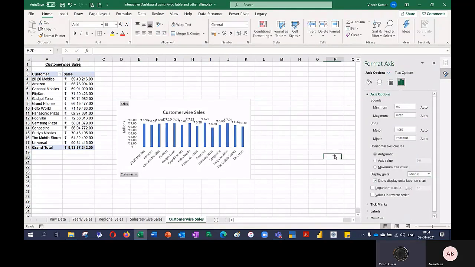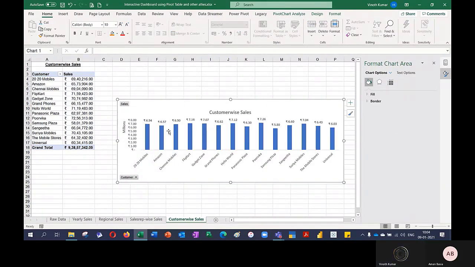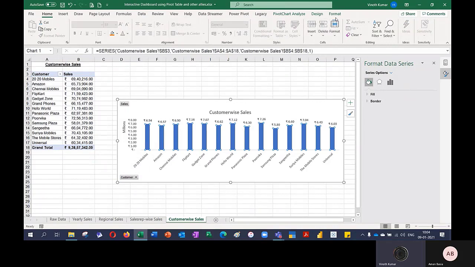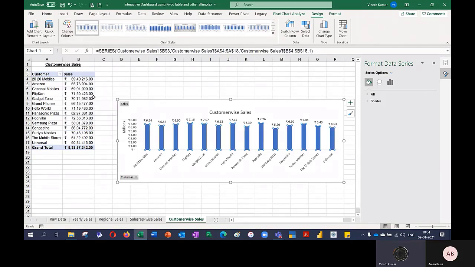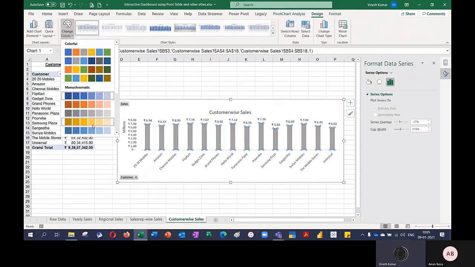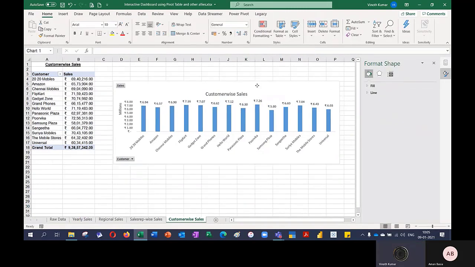This will be a little clumsy because we have a lot of customers here, so I'm going to just make the chart a little bigger and change the color to a lighter mono palette. Yeah, I've used mono palette. This is not the same color that I have here, so it's a little different. Let me choose something else. I want to make it a little lighter. Yeah, I'll use mono palette. Now I got my